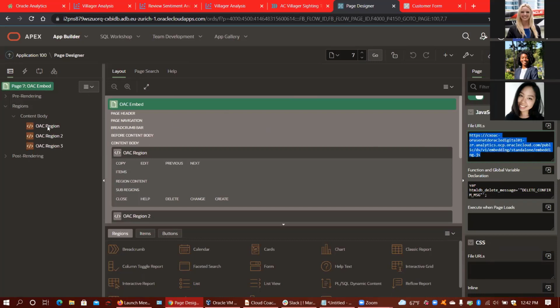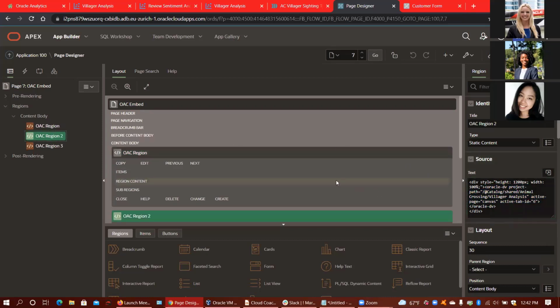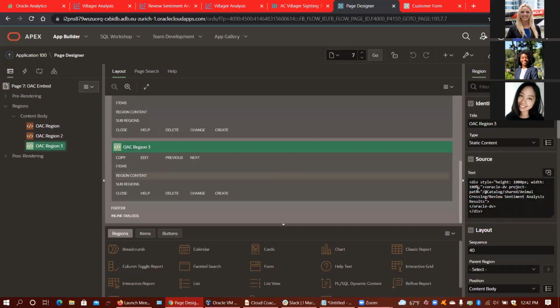And then we can embed our different canvases in different parts of the page. In this case, I put them inside of a div element so you can control a bit of the style. And here we have one of our canvases. In each of these different regions, we have a different one of our canvases. And if I run this,